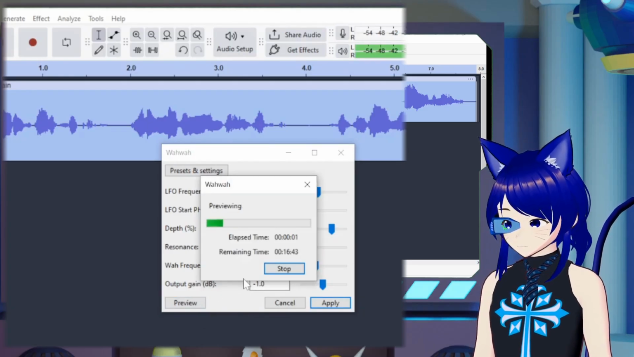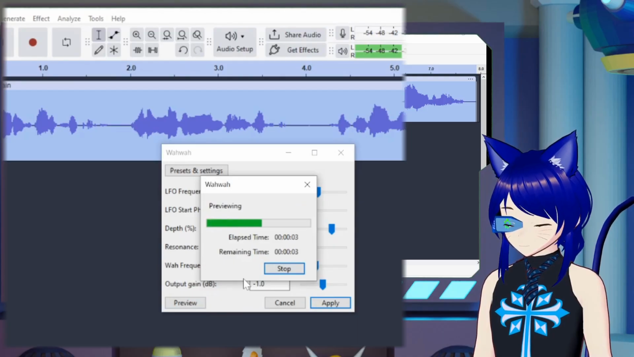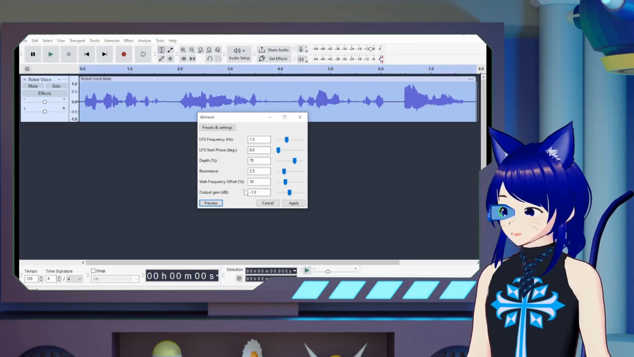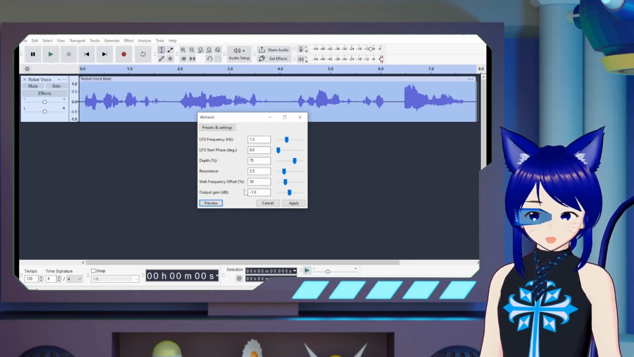Initiating startup sequence. Running level 1 diagnostics. Working diagnostic complete. So I can see this as very primitive robot talking, like one of the earlier models that